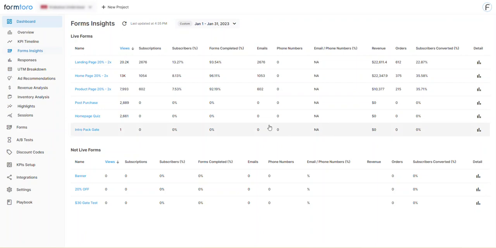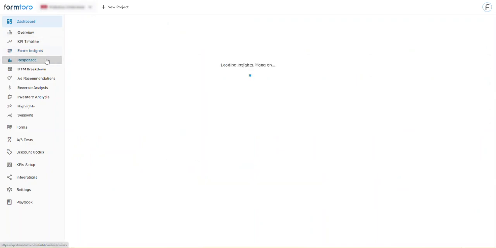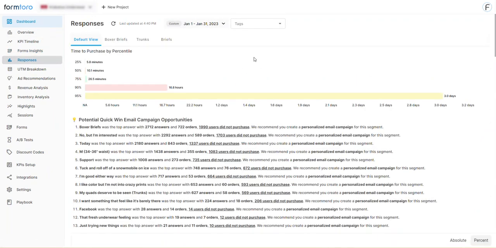So Formtoro is a platform geared at collecting multiple responses during sign up via multiple different pop-up forms that we have. With this particular account, we have three different pop-up forms that are working, including post-purchase and a homepage quiz just in case. Where we're going to spend most of our time today is looking at responses. When you're working with email, you're looking to understand the subscription to conversion rate and the time to conversion that people have. So we have a default view right here, and this is taken over the month of January,